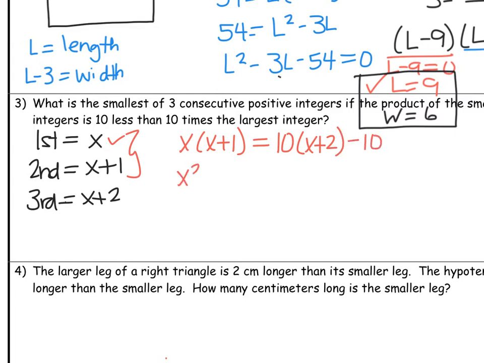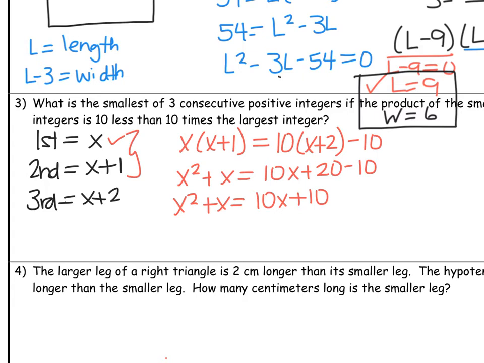So let's distribute. We get x squared plus x equals 10x plus 20 minus 10. That's going to give us x squared plus x equals 10x plus 10. Bring the 10x over, so minus 10x. That's going to give us x squared minus 9x equals 10. Apply the zero product property, subtract 10, and we're going to rewrite that